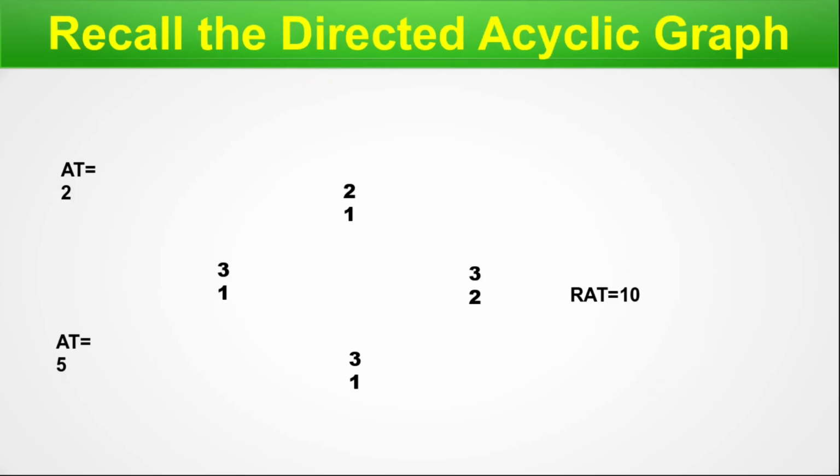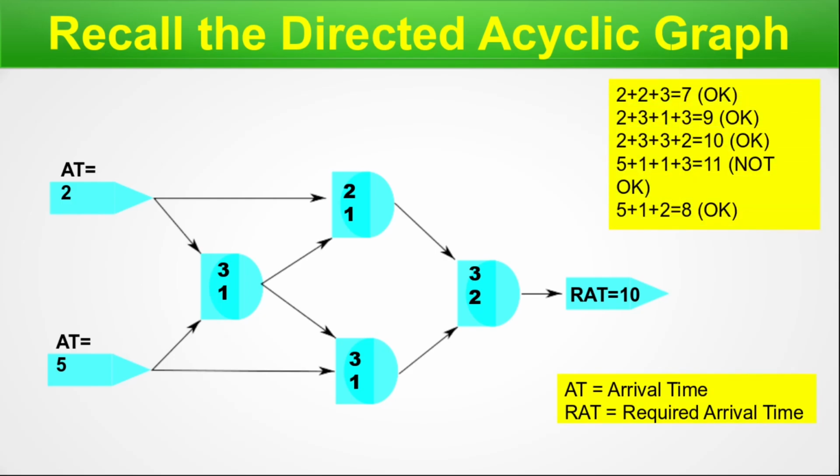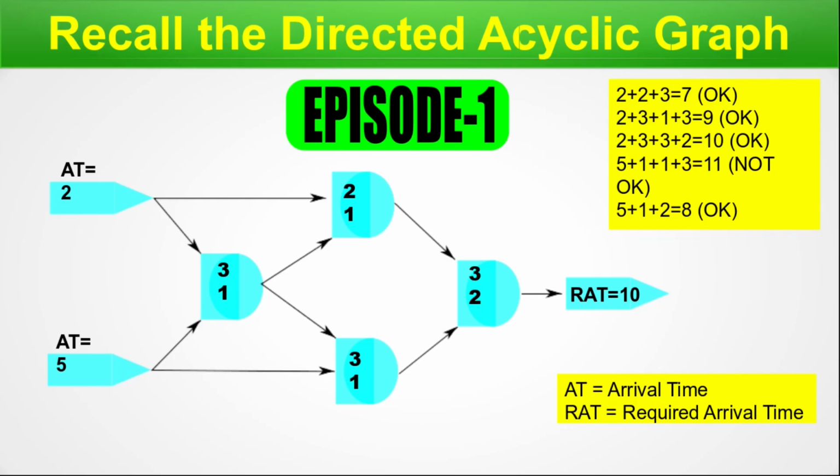So let's move on. Recall the directed acyclic graph. These are numbers, just don't panic. This slide is to give you a quick recall of the AT-RAT concept. Here goes our diagram, and you can see the numbers and everything has been well fitted inside it. Here goes our definition. Here goes our AT-RAT calculation, which we have discussed in episode 1. In case you have not seen it or want to refresh your knowledge, use the chapter facility provided in the episode 1 description to quickly navigate to the respective slide. The link of episode 1 is provided in the description. So let's move on to the next slide.